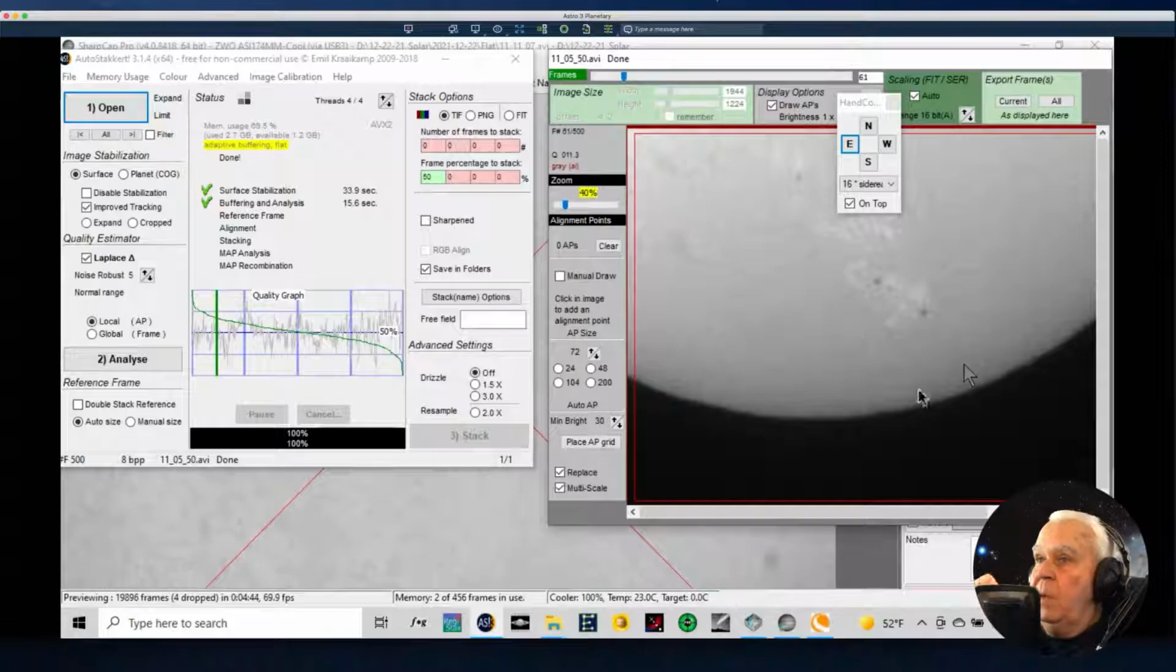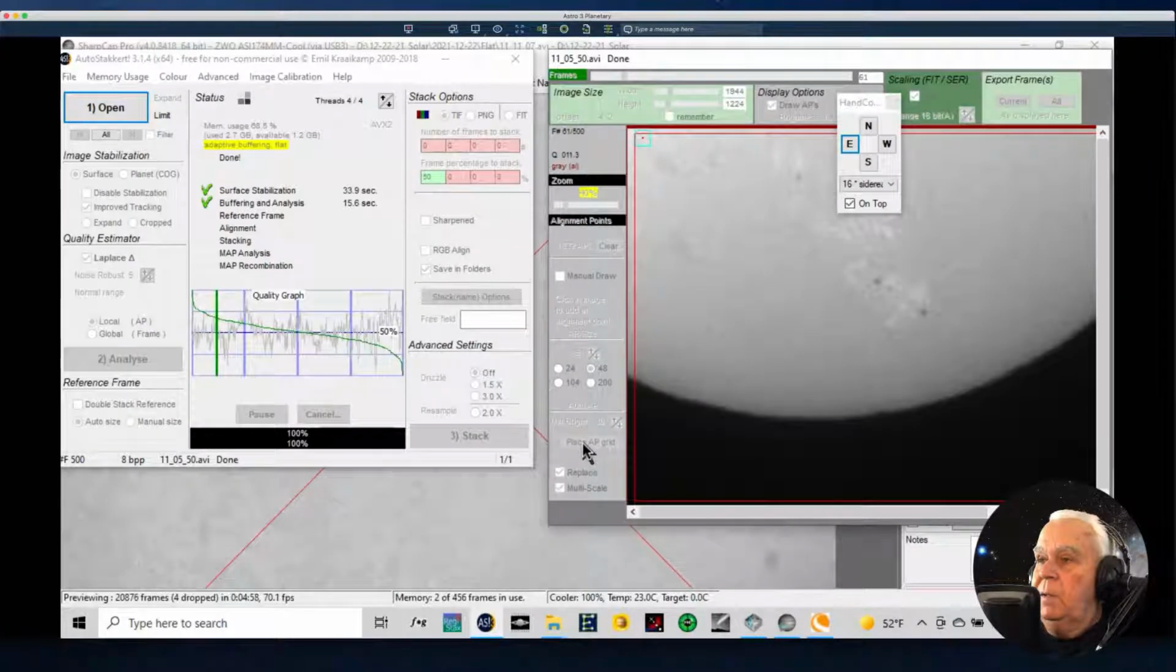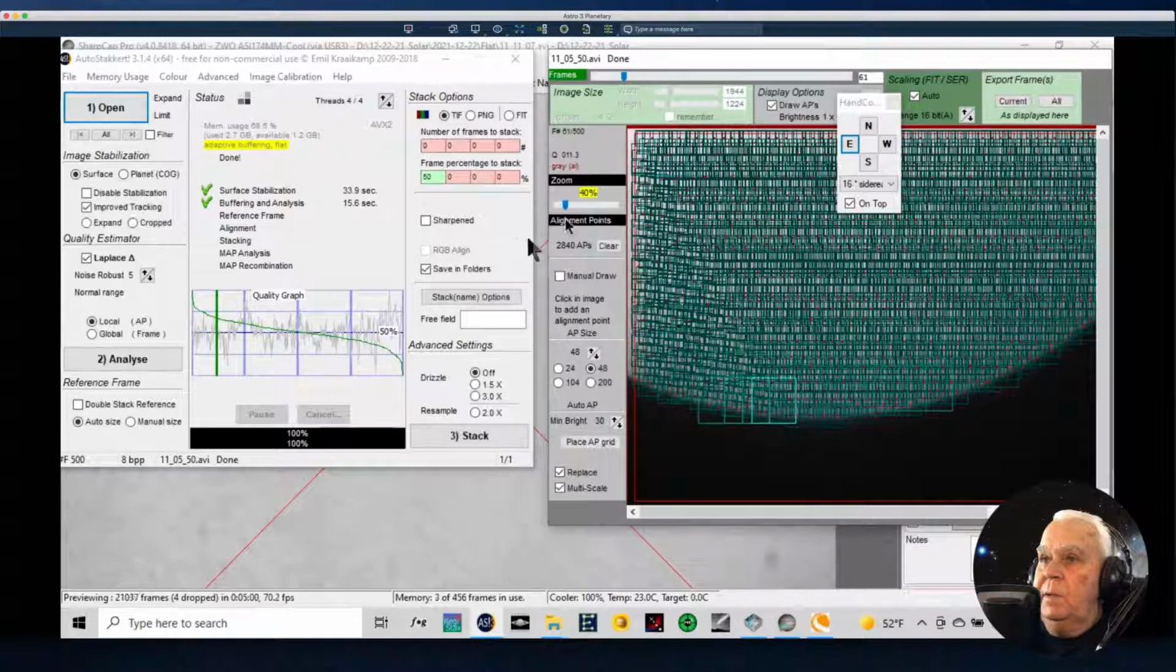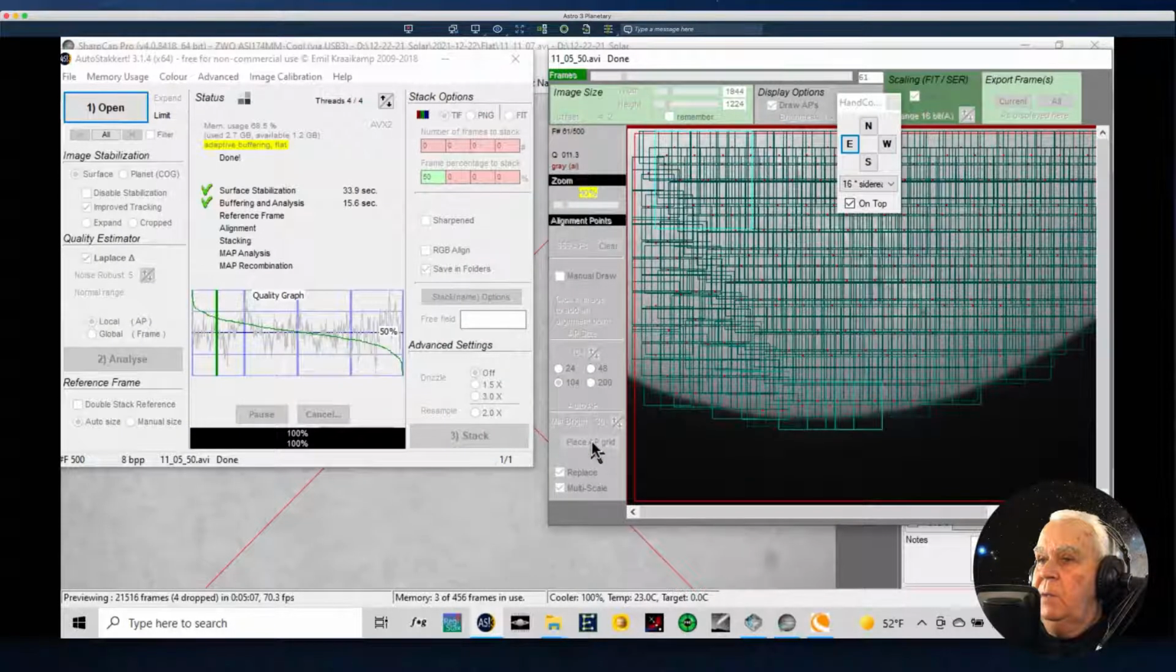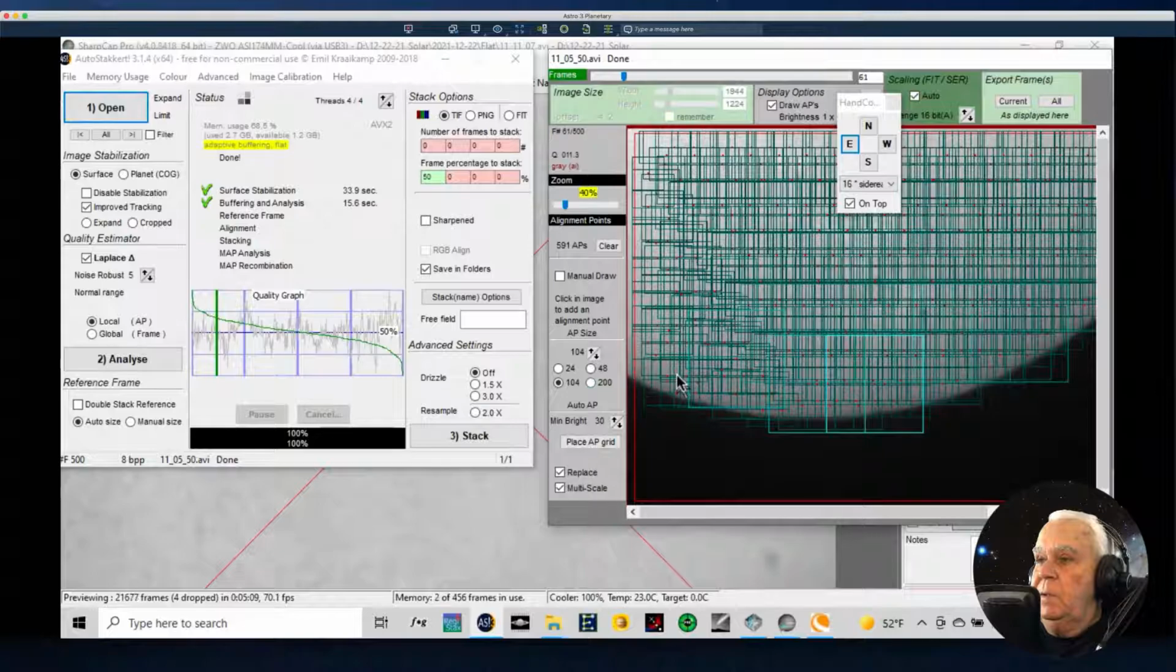Okay, it's gone. And now I'm going to apply my reference points and place a grid on this. Oh Lord, let's clear that out. Let's try 104 pixels. That's going to work. I'm going to save